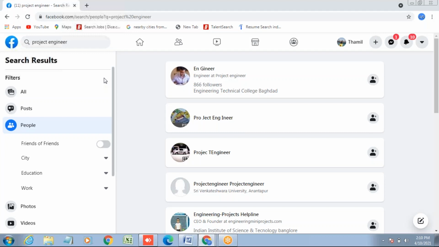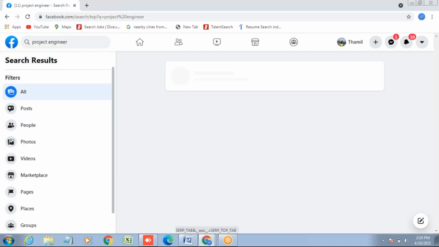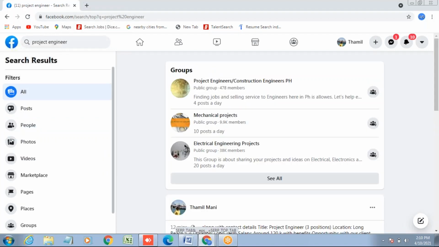But okay, instead of selecting people, if you click I, see what happens there. Which one, sir? Instead of people, select filters all. Okay, so you have groups. When you scroll below.